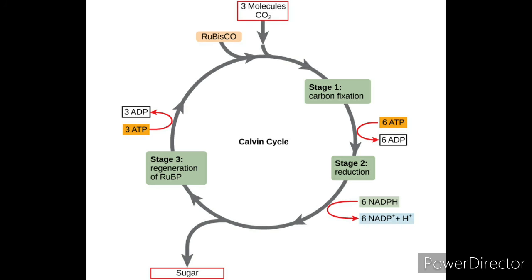Once you see in the diagram, here the CO2 molecule, here carbon fixation takes place. The CO2 combines with NADPH in the presence of ATP, the energy is utilized, and in the Calvin cycle a compound called ribulose 1,5-bisphosphate accepts CO2 and finally converts it into sugar, and it is stored in the form of starch.